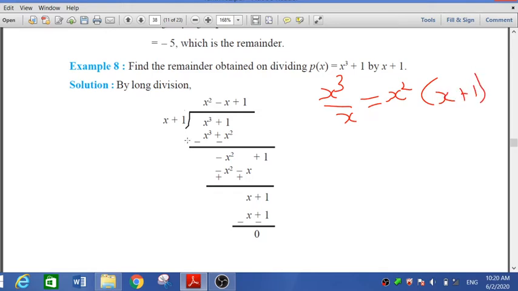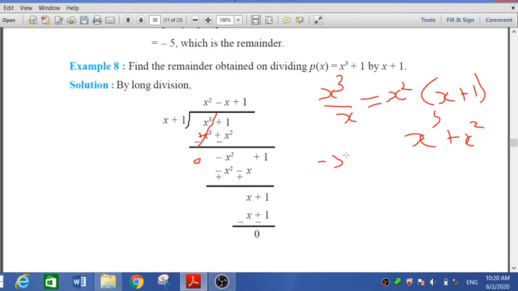Now open the bracket, we get minus x cube. Here it is plus x cube minus plus x square plus x cube plus x square. But we have to change the sign, that is minus minus. Here it is 0. Now we cannot simplify this plus 1 plus x square. We cannot simplify it, so we put minus x square as it is and plus 1 here.